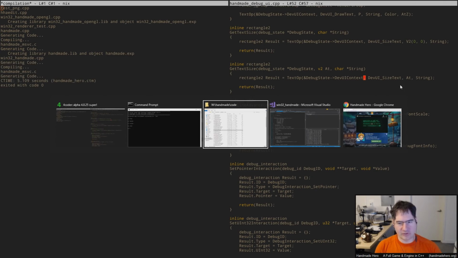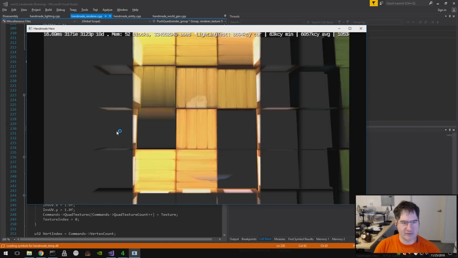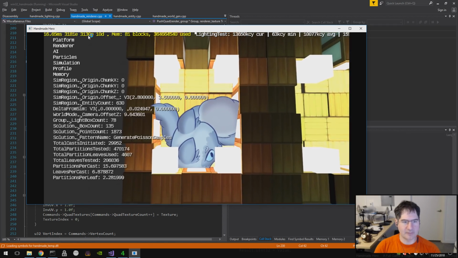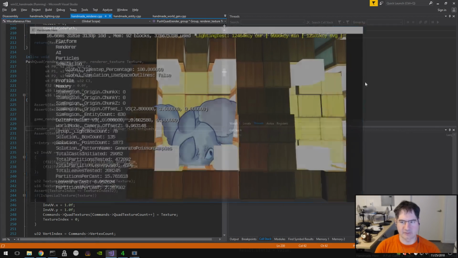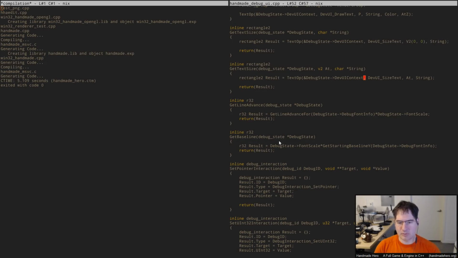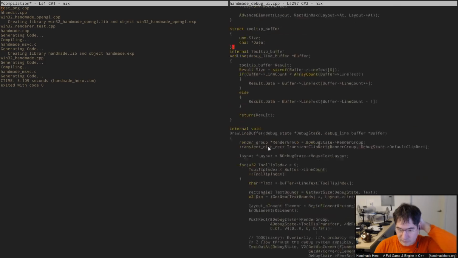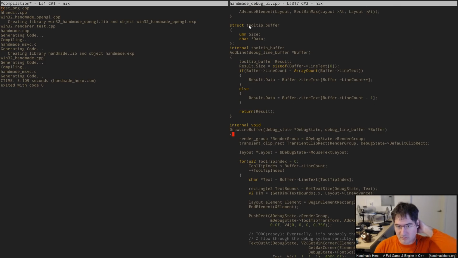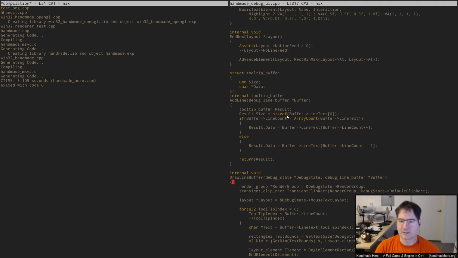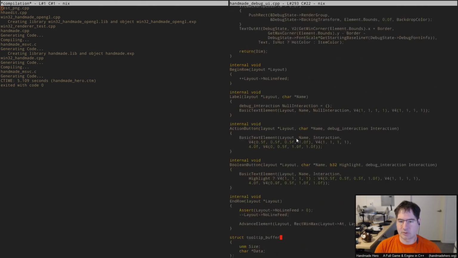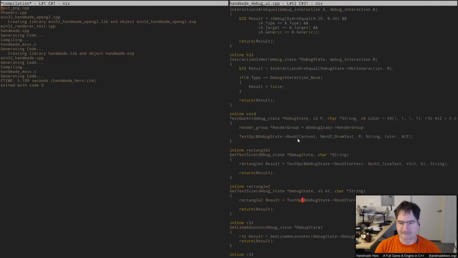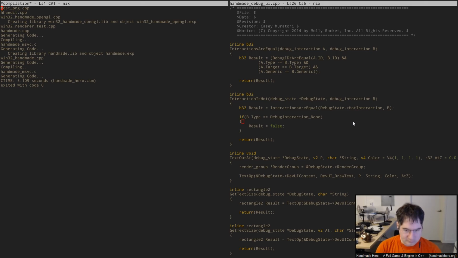So I think that's good. And so now we can call the text out thing from anywhere, and you can see that it's still working just fine. So that's good. And what we would like to do probably is move some of the other font stuff out into there, like the tooltips and stuff too. So I think we want the tooltip buffer to be there too, would be my guess. So we can see what we want to do about that in a second. We'll think about that a little bit more later. All right,